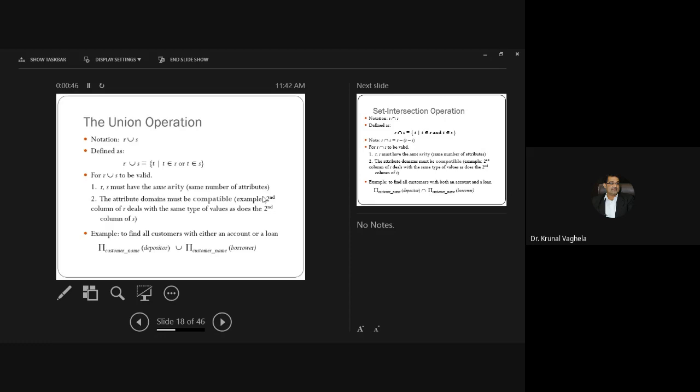Or means or, right? Either in this or in this. Either or, and it will remove duplicates. So same here, the union is denoted by R union S, where R and S are sets, and